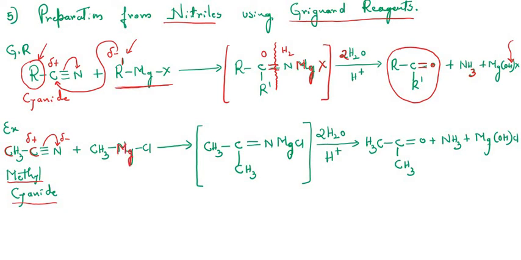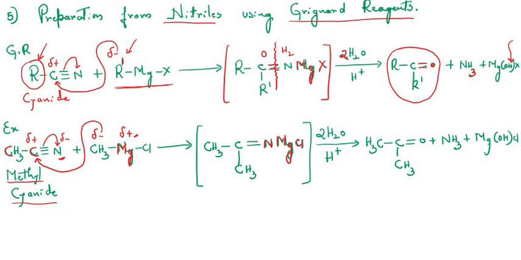And we know that Grignard reagents act as nucleophiles, because these metals are electropositive. In RMgX, magnesium will be carrying a partial positive charge, and this R group of the Grignard reagent will be carrying a partial negative charge, and it will act as a nucleophile. So this nucleophile will attack this electrophilic carbon, and it will give the intermediate product, which is written in square brackets, and is called the adduct. Now you can see that the nitrogen, which has a negative charge, will be attracted toward the positive charge of magnesium. So here we have written NMg, followed by Cl.